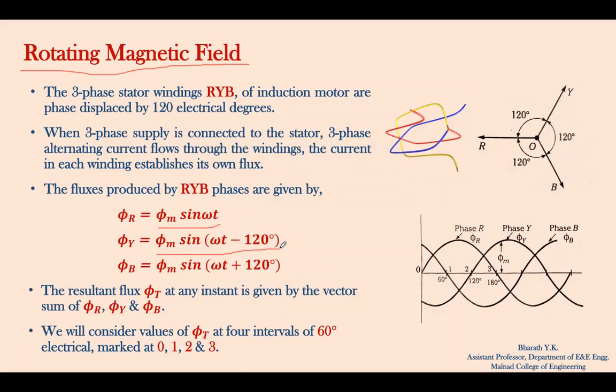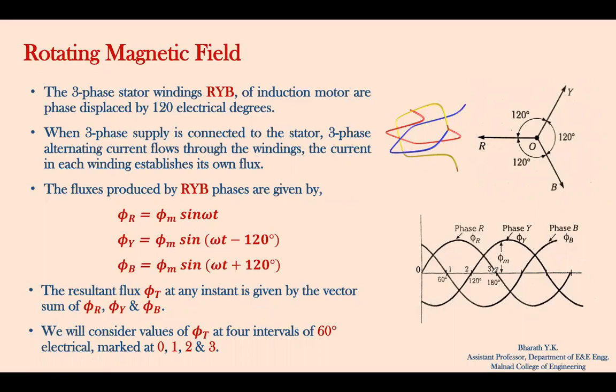The flux produced by phase B is given by phi m sin(omega t plus 120 degrees). Therefore, the resultant flux at any particular instant is given by the vector sum of these three fluxes. So now we will consider the values of the resultant flux at four particular intervals 0, 1, 2 and 3,